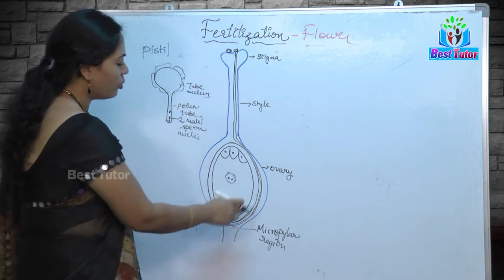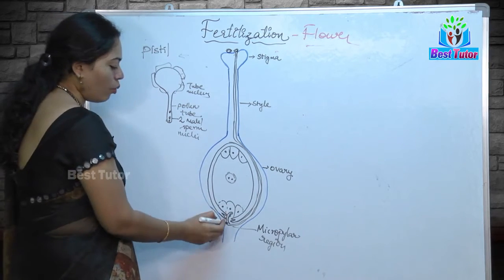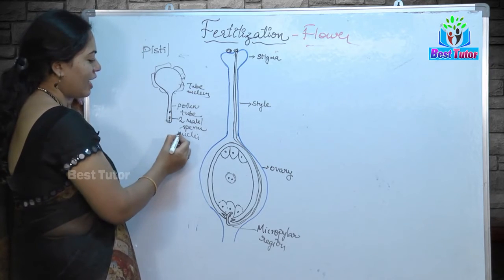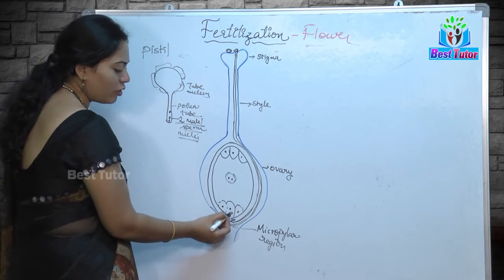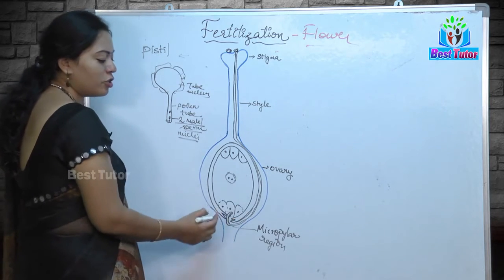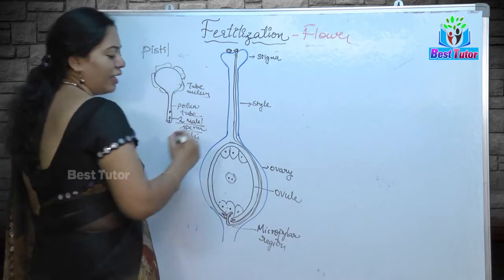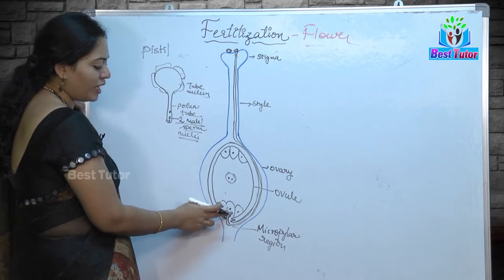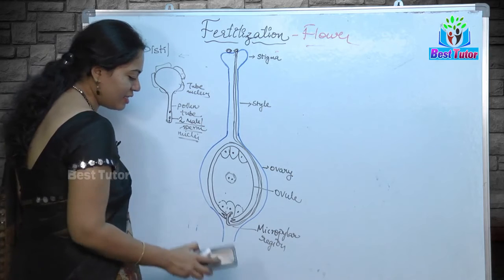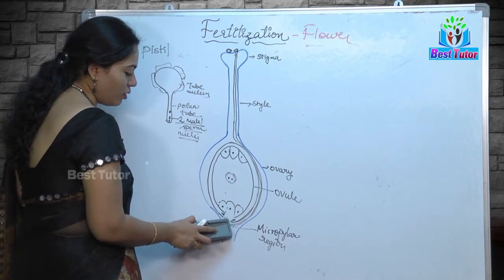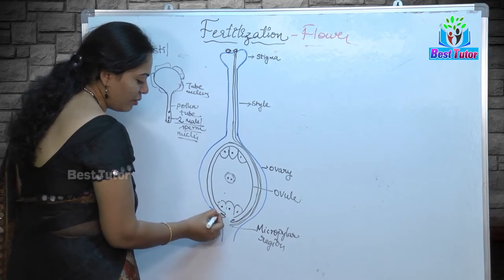Now at the micropylar region, it is the opening to the ovule. The pollen tube will enter into the ovule. Now what is there in the pollen tube? We said it has the 2 male nuclei or the sperm nuclei. Now these 2 male nuclei will be released into the ovule of the gynoecium. So inside the ovule, now we can see the pollen tube with 2 male nuclei. Once the pollen tube releases the pollen grain, the pollen tube is releasing the 2 male gametes.